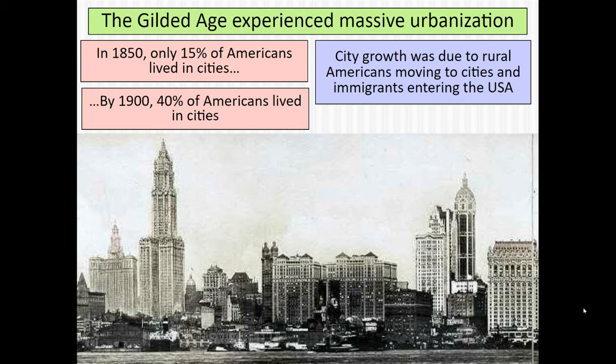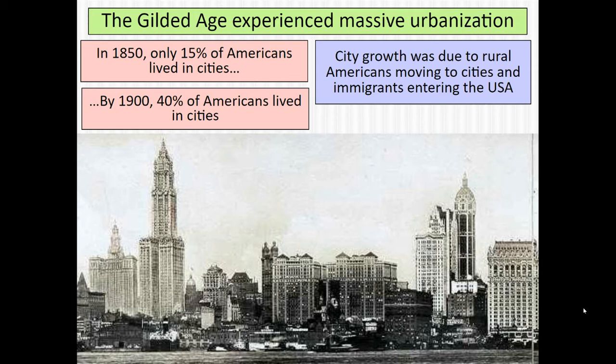With this massive urbanization, in 1850, just 15% of Americans lived in cities. But by 1900, that's 40% of Americans living in cities. And by 1920, more Americans will live in cities than in rural areas. And one of the important things to understand here is the definition of a city was just 2,500 people. So much different than these massive cities that we're going to really talk about here,